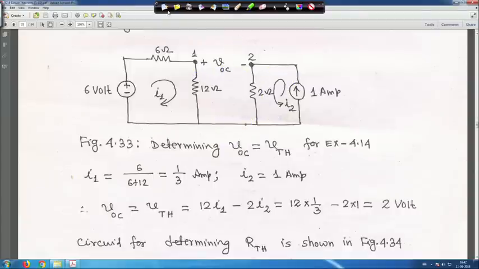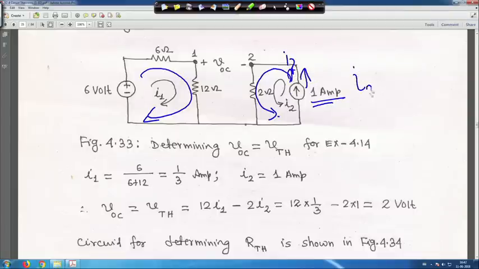So, this is open. Current is flowing like this, the way I have taken I2, and this is your I1, two independent meshes. In this case, the direction of I1 is like this, and I2 has a current source of 1 ampere, so I2 is flowing this way. Therefore, directly you can write I2 is equal to 1 ampere, because only the current source is there and current is